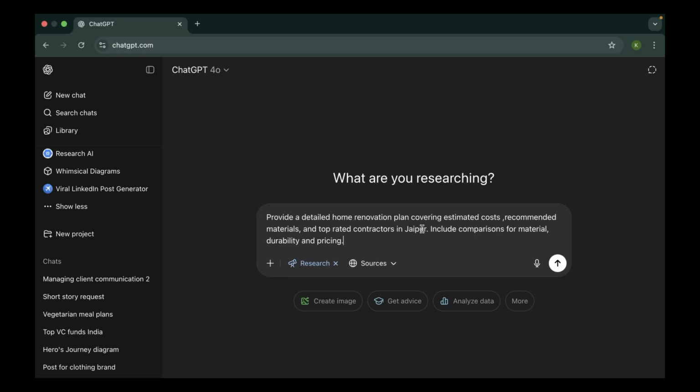Now, what even is this deep research mode? The thing is that it is basically an AI powered analyst mode. We have already seen the research AI right here. So just like that, it goes beyond surface level answers. It will pull in live credible sources from the web. It will run multi-step reasoning. So that means that it won't just summarize one article.